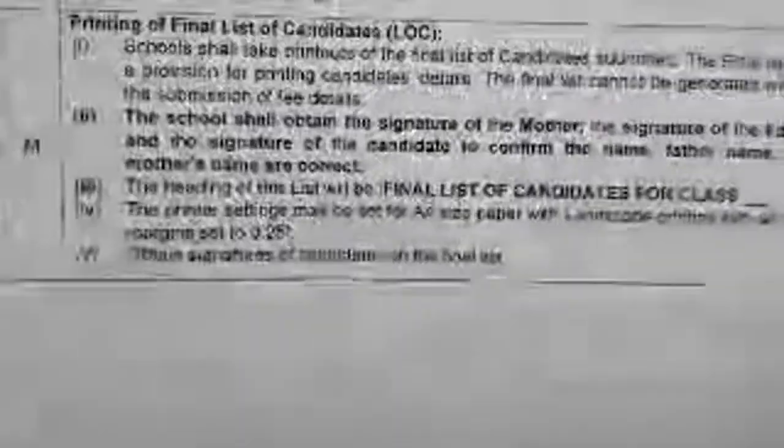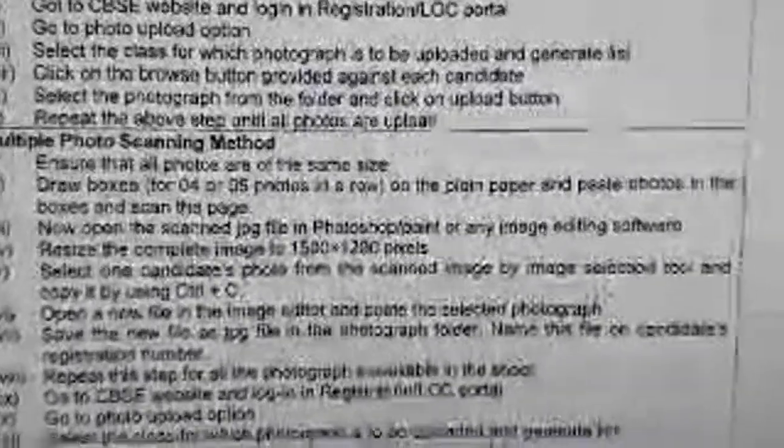So this is the checklist of the photographs and all those things. You should go with this finalization, and take the photograph not more than the last 6 months. The uploading and scanning method have all been given, and what the pixel size will be and how you are going to resize it, everything has been given to them.